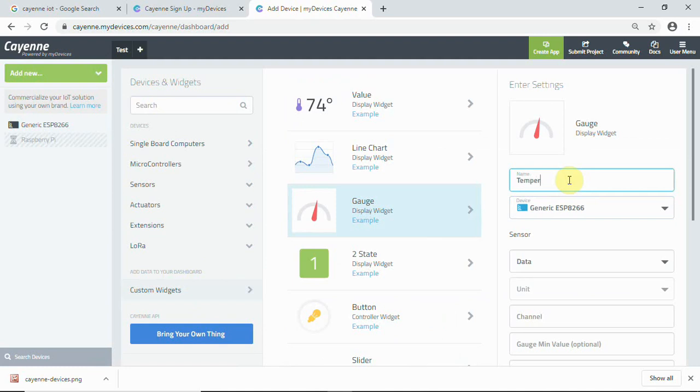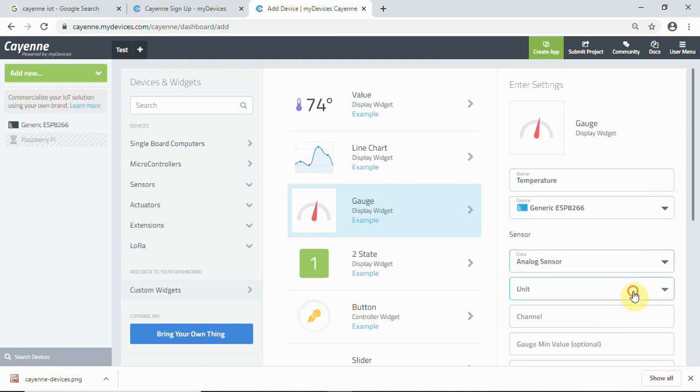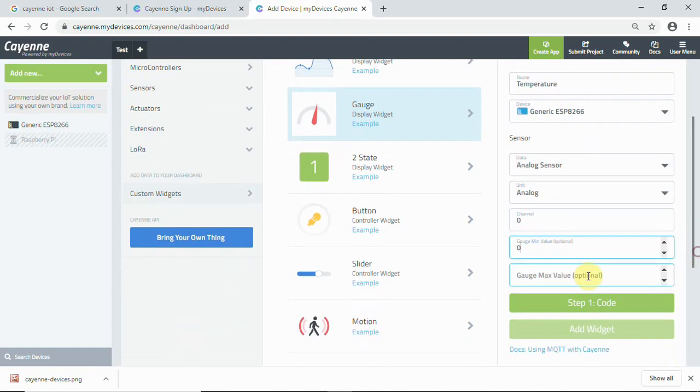We'll assume this random data is temperature, and then we can select this as analog sensor, and then analog channel 0, minimum value is 0 and the maximum value 100, and then we'll have to click on add widget.